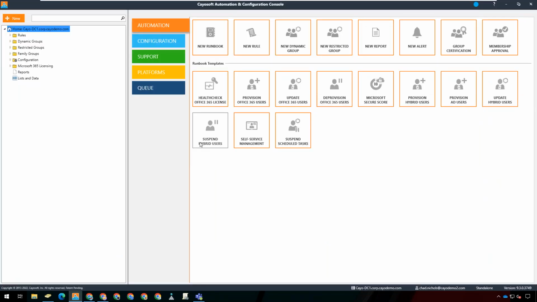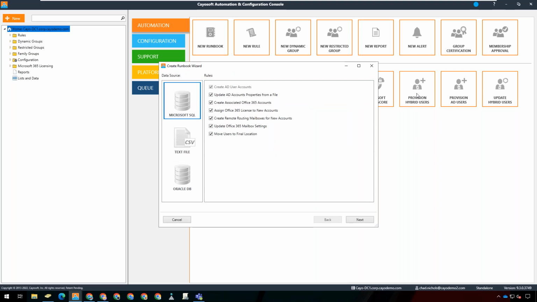The other side of the software is where you set up the delegation and those settings to drive that compliance and consistency, the policies around the attributes. And this is also where you set up the full automation for users, provisioning and deprovisioning. We have some great templates that will create basically generic runbooks that we use then to do the provisioning process. I'll click one of these. I'm not going to create it, but just so you see it,